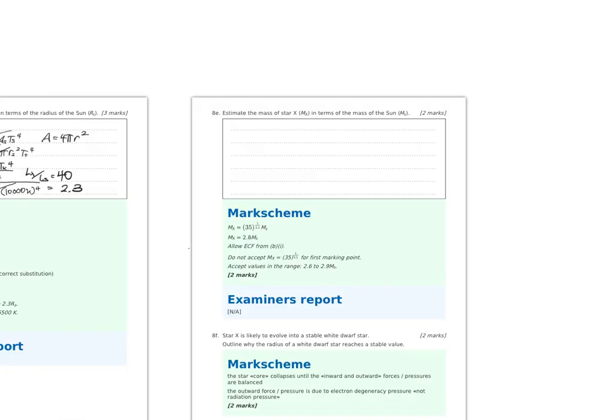8e: what's the mass of X relative to the mass of the sun? So the luminosity of a star, or the relative luminosity, is proportional to the relative mass raised to the 3.5. It's asking about mass, so relative mass is proportional to relative luminosity to the 1 over 3.5. And we know the relative luminosity is 40. And we get a relative mass of 2.9, which is inside